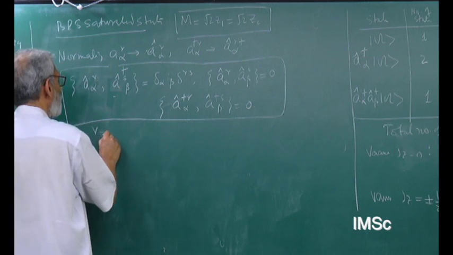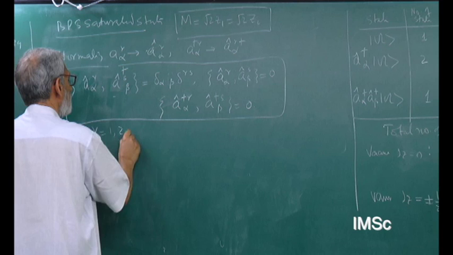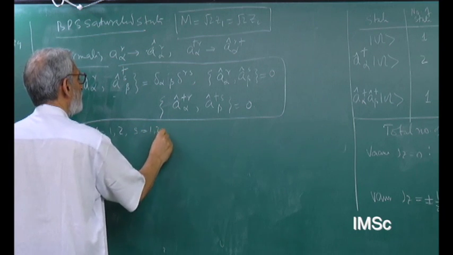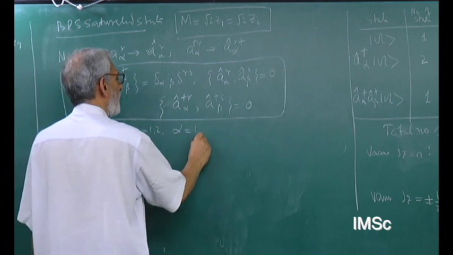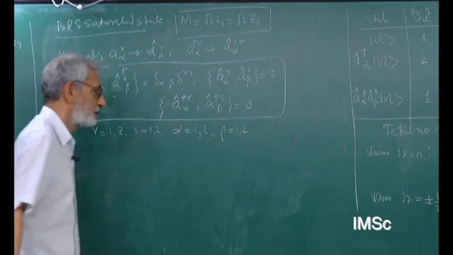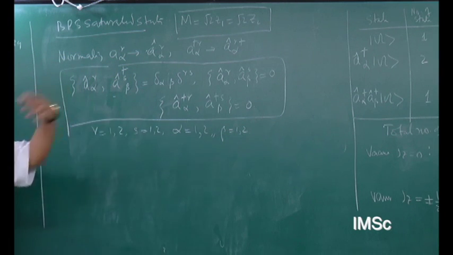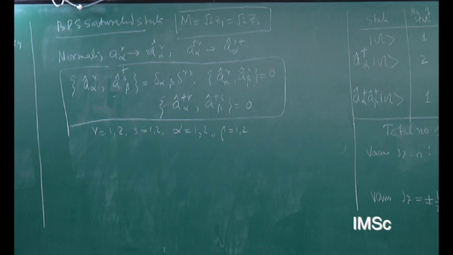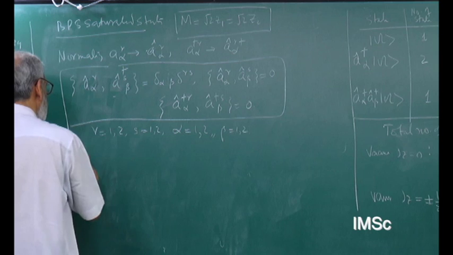So remember, R takes two values now, so does S, and alpha takes two values, 1 and 2, so does beta. So we have four fermionic oscillators now. And we construct the representation the same way that we have been doing it. It starts with a vacuum state or a ground state,